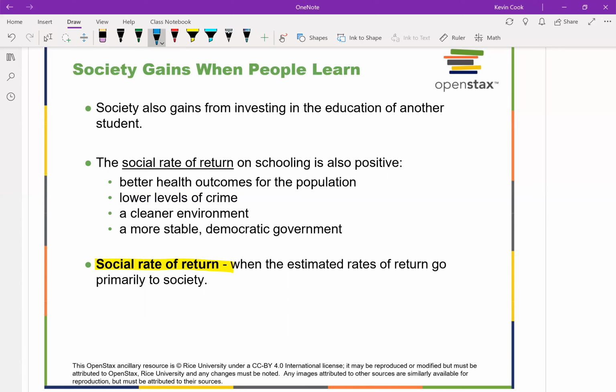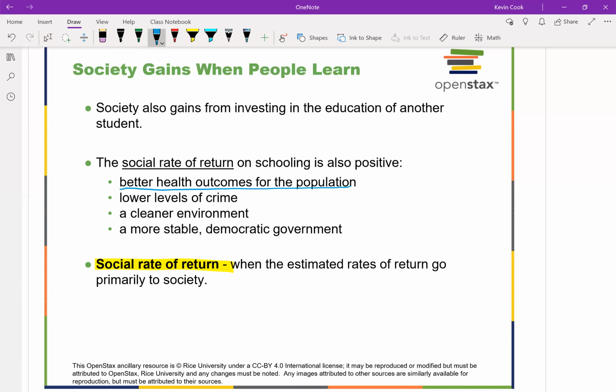So whatever barrier we want to put, we can put that there. But in general, if you are educated, we're more likely to see better health outcomes for the population. That is,